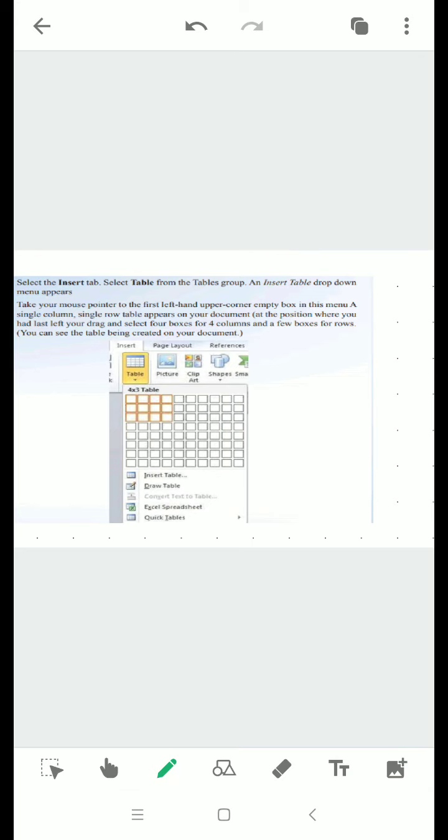For example, for designing product catalogs containing description and prices, for generating bills and invoices, and for the list of names with address, age, and professions of the people. To insert a table, MS Word provides us three methods. That is by using table grid option, by using insert table option, and using draw table option.